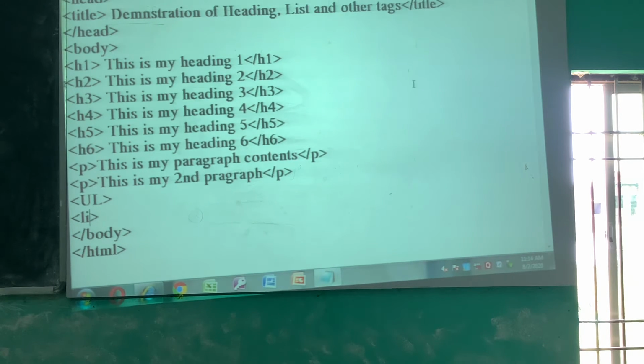You can type, suppose, physics /LI, chemistry, again LI /LI. Each item, whether of an unordered list or an ordered list, should be enclosed between LI and /LI.